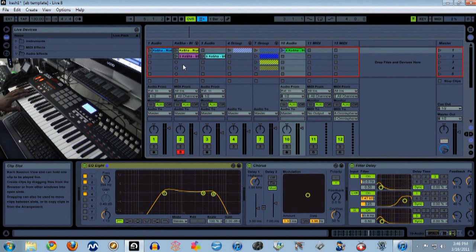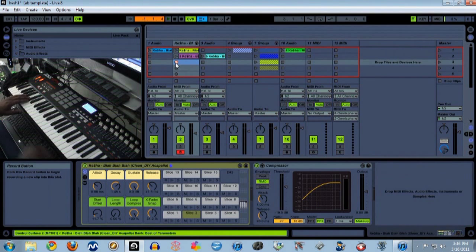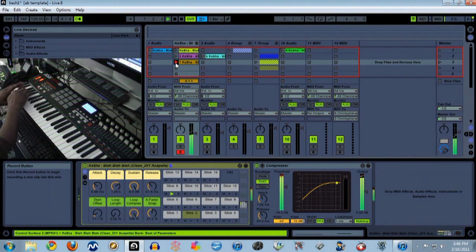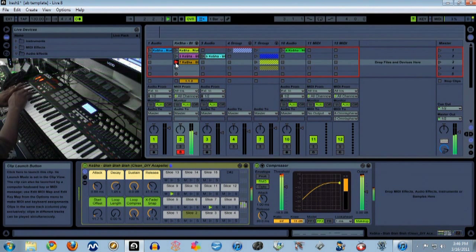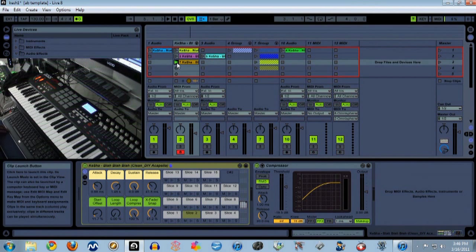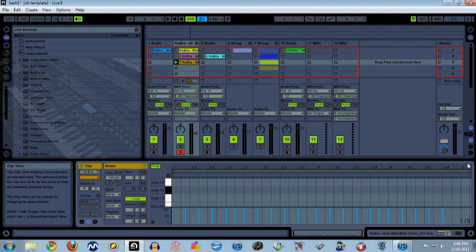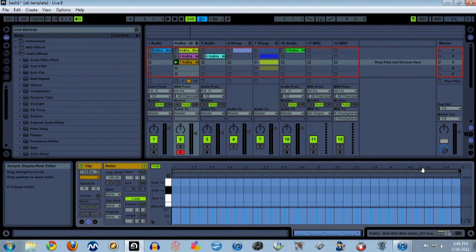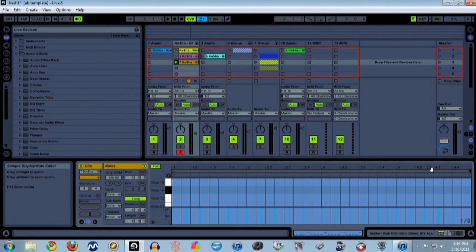Yeah, there we go. So if I just click on this, turn on my metronome. Hit stop. Now I could have looped that just by hitting the button, but it wasn't fast enough. So I just drag that in, truncate it. Now if I hit play,